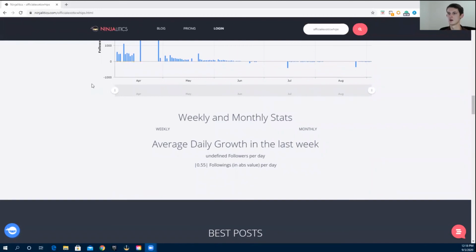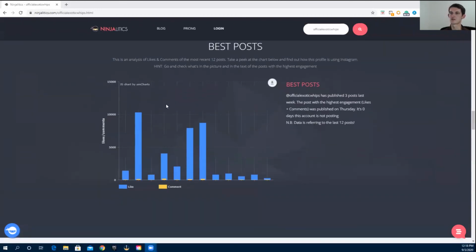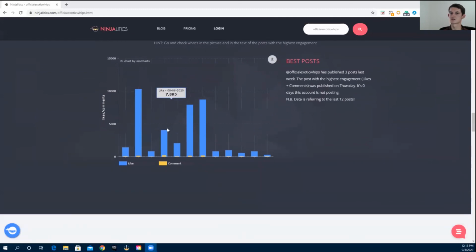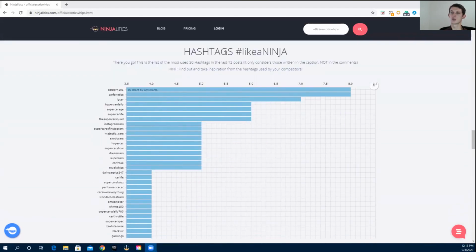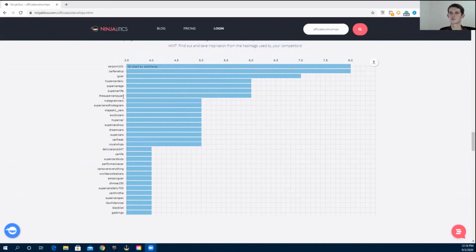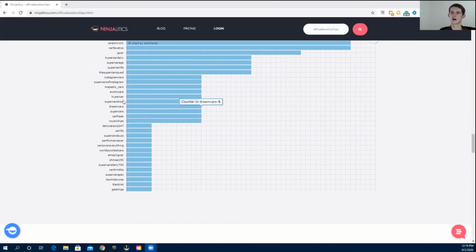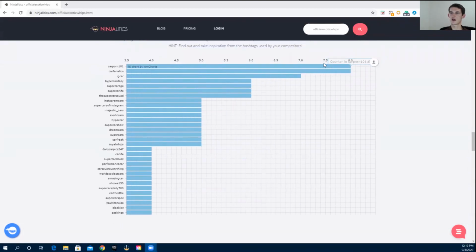All right. Let's scroll down here. This best post doesn't really tell you exactly what post. It just shows the engagement rate on the posts that have done the best for you. Now this, to me, is the most important part of what this software gives you. So these are all the hashtags that I am ranking for with this page and how well they are working for each post. The thing with hashtags is it's essentially your targeting for every single post that you make.